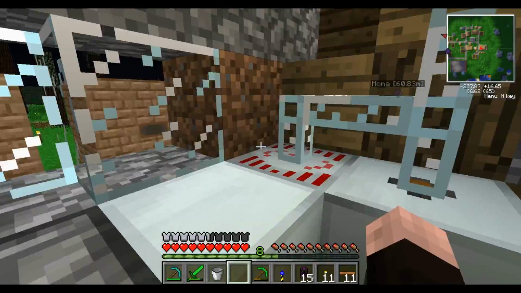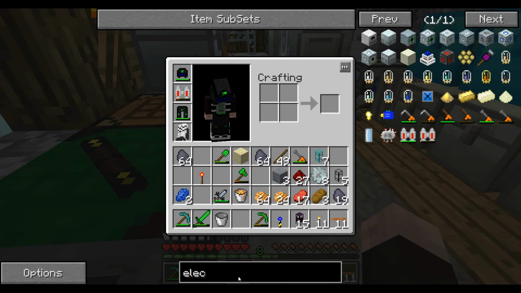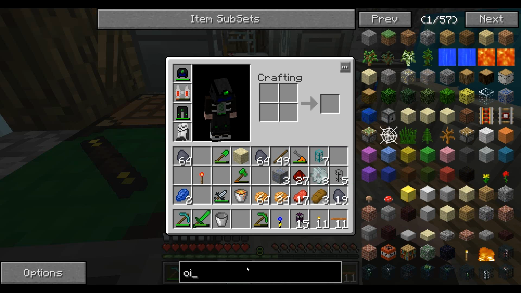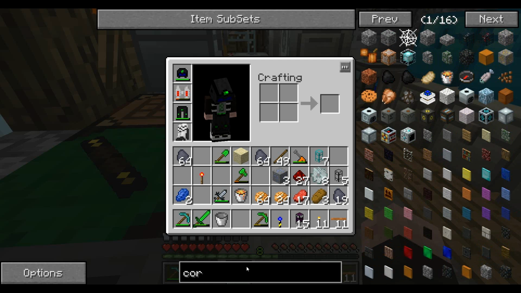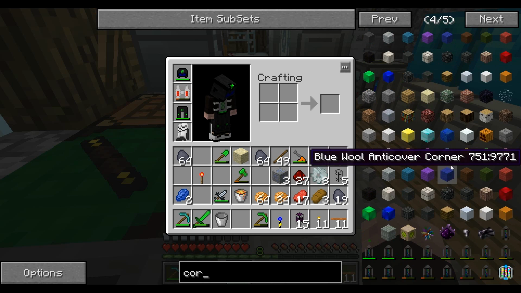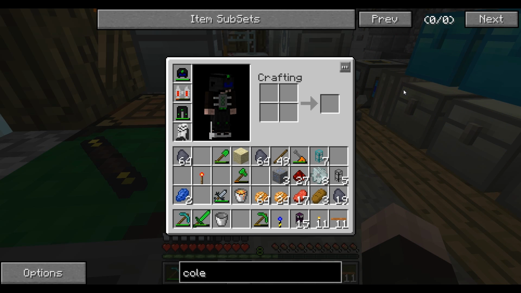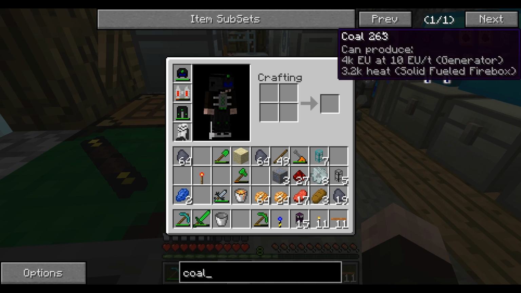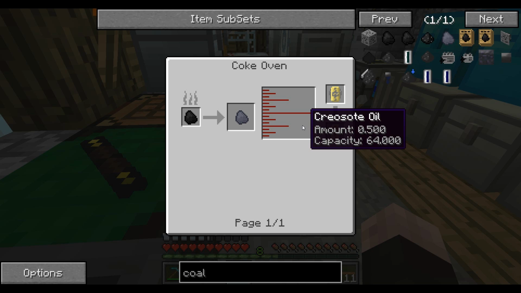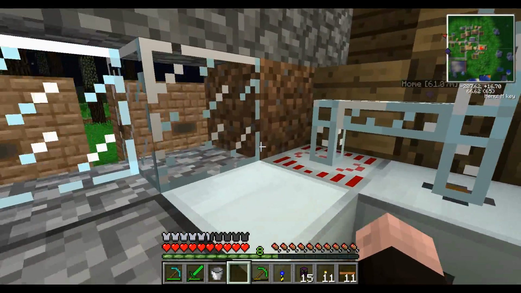So yeah, I use coal coke and the Kerosite oil, or whatever oil it is that comes from it. Let's actually see. Is it called oil? I'm not even sure how to spell it, so that's why I'm like, yeah. Why did I spell coal so weird? Yeah, all right, here we go. Kerosite oil. So I put the Kerosite oil into that semi-fuel generator, and also